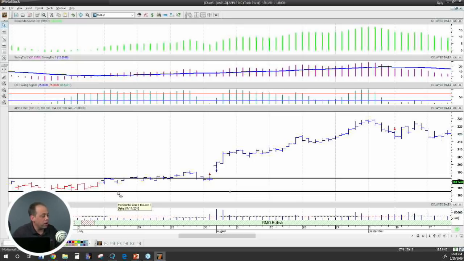But I know that I'm going to get out at 182. That's about 3 points on a $200-ish stock. I know exactly what my game plan is before I get into that stock. I'm not trying to make up the rules as I'm invested in the stock, which is always a bad idea. So in any case, and the other thing is if it gaps up way really high overnight, I can make a decision based on what my risk-reward scenario looks like.